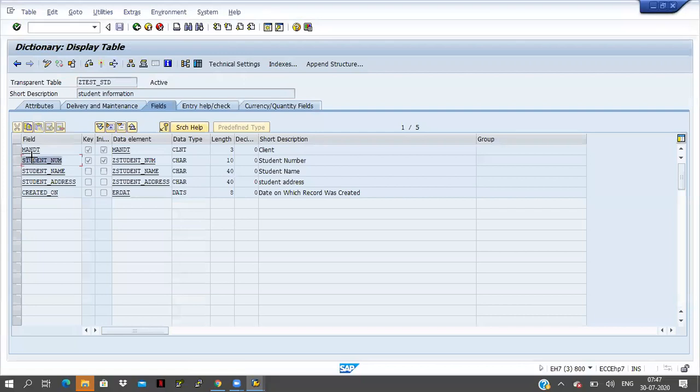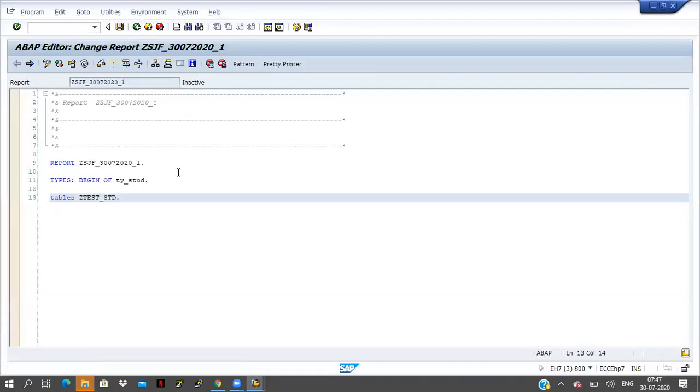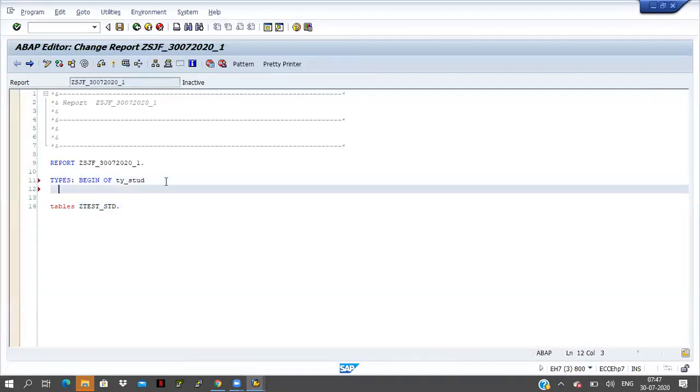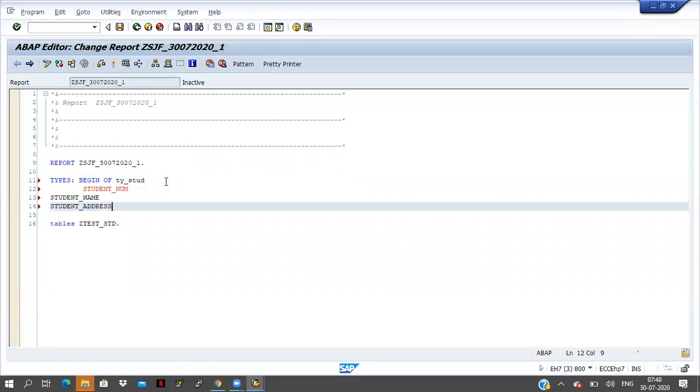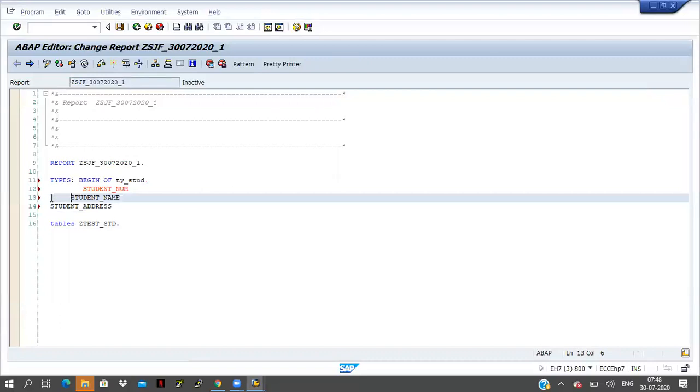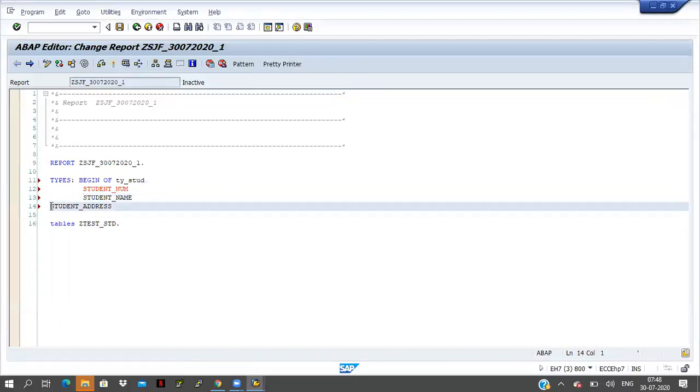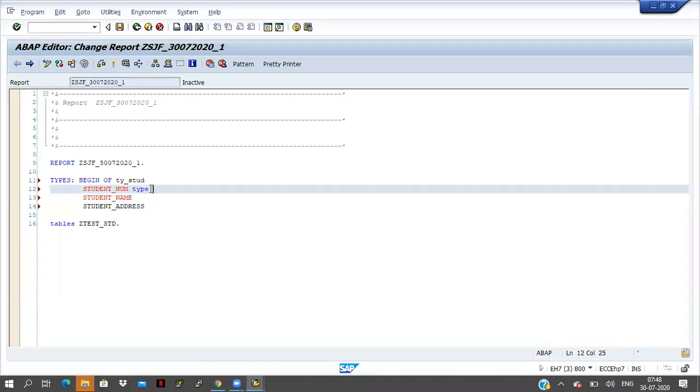So the first three fields, right? I'm taking the three fields here and passing the three fields here. And type table name is JTest underscore std. Okay.